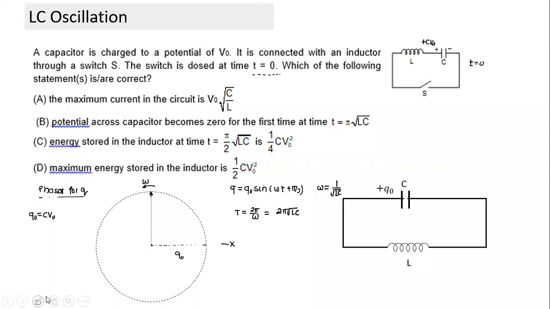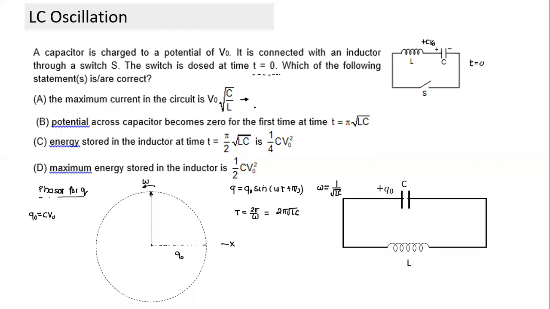Let me ask somebody. All of you think, how do you find it? Tell me, what is the way to find maximum current in the circuit? Kirtana, can you find maximum current in the circuit? Kirtana? I think you raised your hand, but you can't speak. Okay, fine, leave it. Okay, Tejas, can you tell me how to find maximum current in the circuit?